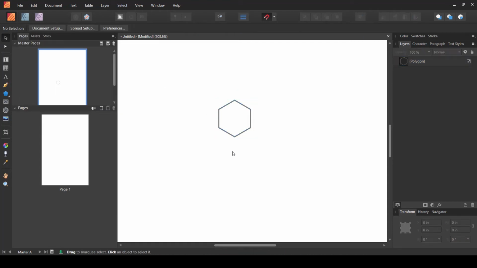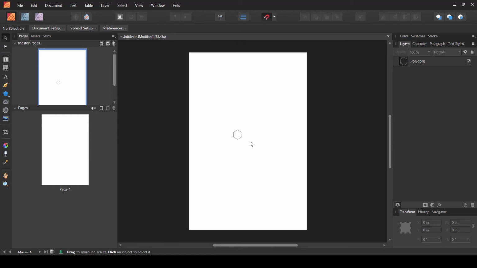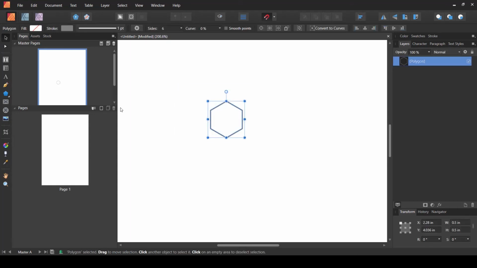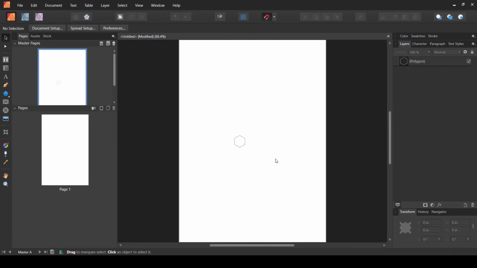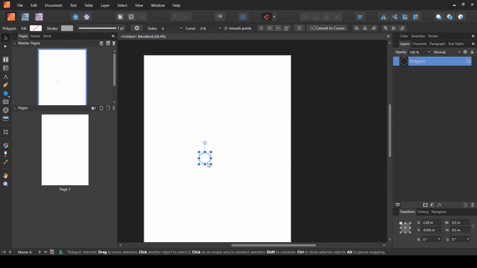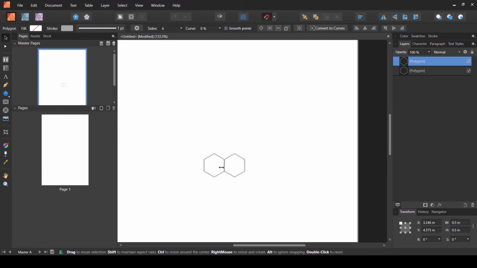So that's pretty fine. Let's just zoom out, and if I want to make it even lighter, I can do it too. Let's just make it a little bit lighter so that it's not much visible. So let's make it maybe 65%. I think that's fine. So now that we have one of the shapes ready, I can select it, just place it anywhere. I can press Ctrl C and then Ctrl V. It copies it and pastes it above it. I can move it horizontally and it snaps to this side.